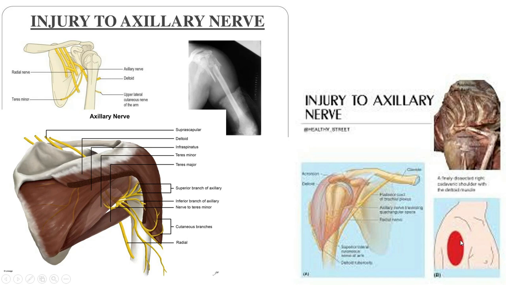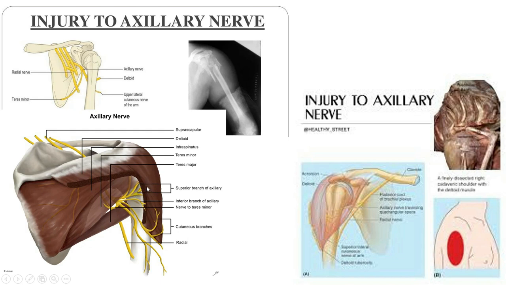Now, due to axillary nerve injury, there will be anesthesia over the lateral aspect of the shoulder, and it can cause injury to the deltoid muscle, and due to deltoid muscle wasting, there will be some inability to extend or abduct the shoulder beyond some position. And the axillary nerve comes through the quadrangular space, and it already gives a branch to the teres minor along with the deltoid muscle.